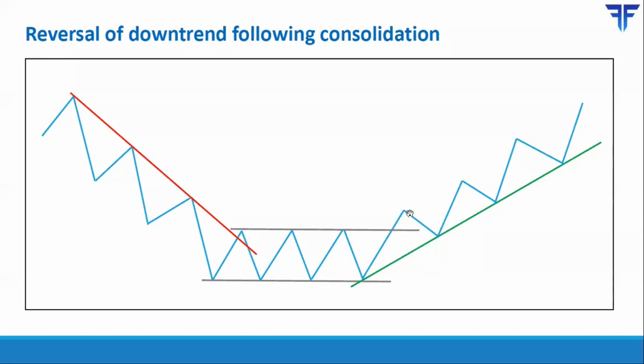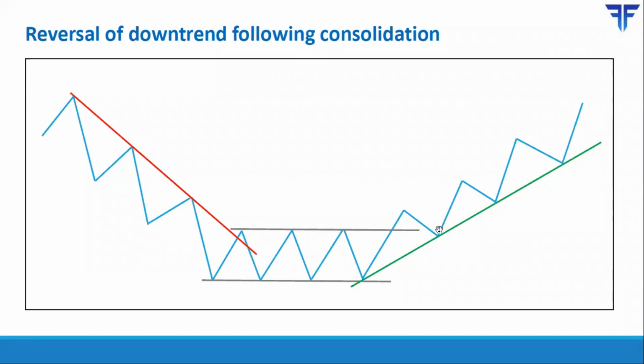The moment price crosses the previous resistance, which is this, there you will have confirmation that this downtrend followed by lateral trend has ended and a new uptrend has started. And that is what happened over here. At this particular point in time, this high was surpassed, indicating a break of resistance. And because you have two consecutive higher highs, it signals that the trend has shifted first from down to sideways and then to up. So this is how a downtrend ends,